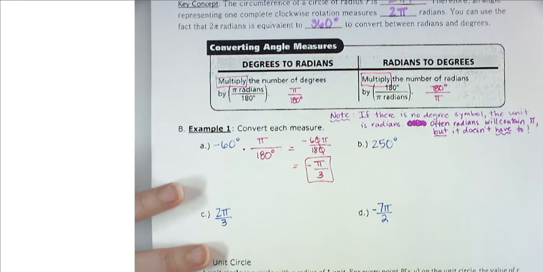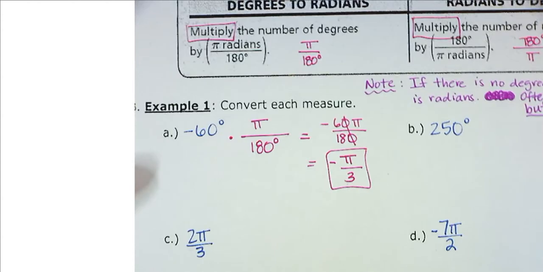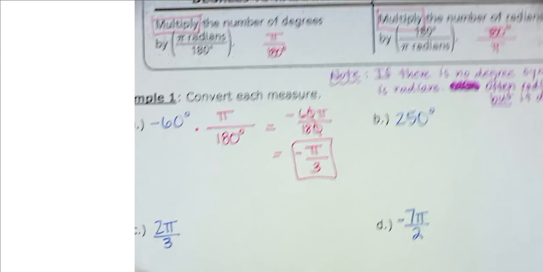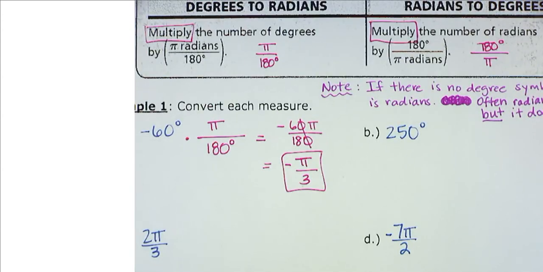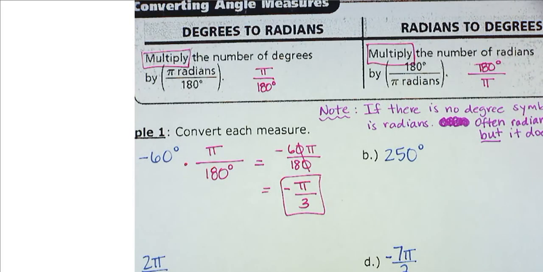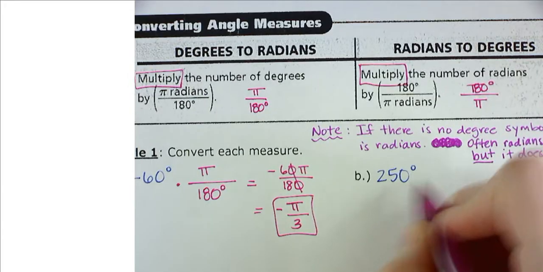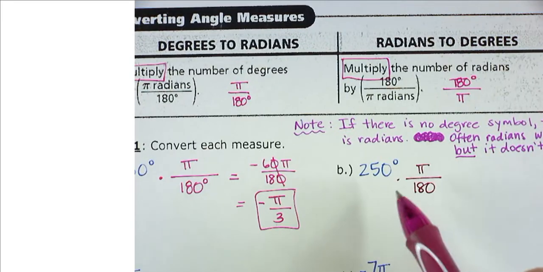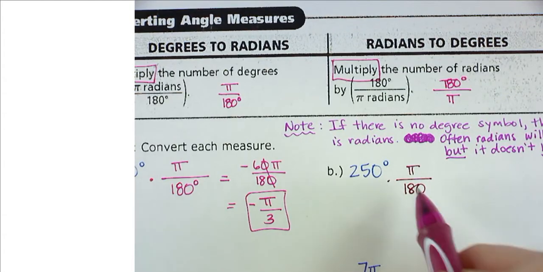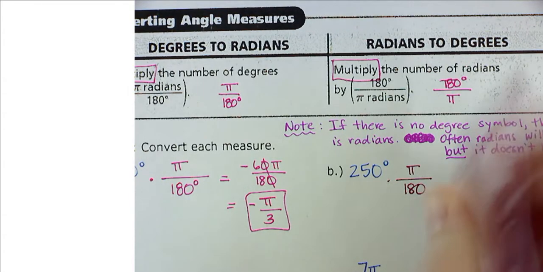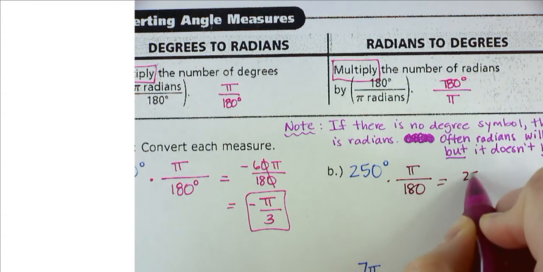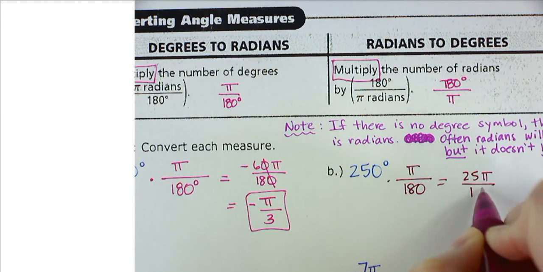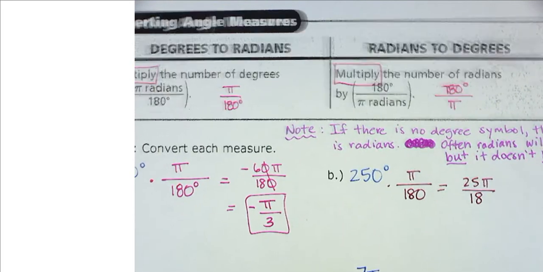Okay, for B, again, we'll do something similar. We have degrees, so we're going to multiply by pi over 180, and then really we are just simplifying that fraction. We know that we can divide them both. Here we'd have 25 pi over 18, and then can you reduce that fraction any further? Nope, there's no number that goes into both 25 and 18, so that is going to be your final answer